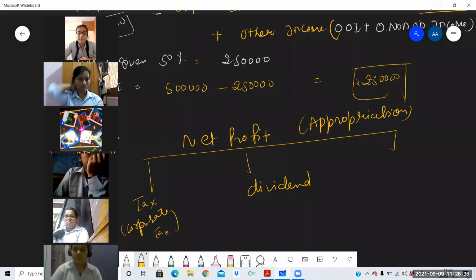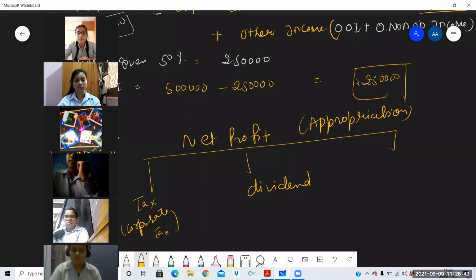Yes, very good. So why the retained earnings are required, beta? What is the need of retained earnings? Yes, Vaishali. Ma'am, sometimes at a time of need, suppose something happened, so yes, funds should be there for that reason. Yes, very good. To meet out the future contingencies, retained earnings are required.